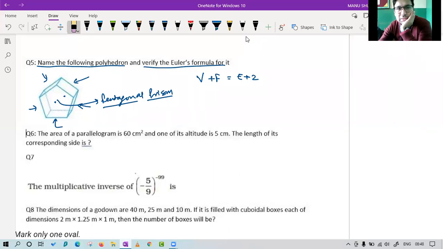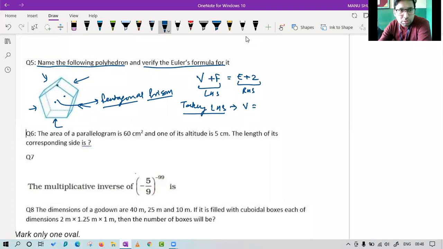Now, class, tell me what is the number of vertices? We have to verify this thing. So, this is your left hand side and this is your right hand side. Taking LHS, please tell how many vertices are there? 12 vertices are there, okay? 1, 2, 3, 4, 5, then 5 on the back. I think 10 are there, Joel. Yes, Harshul and Hiten. Joel, now you are getting this? The vertices are 10 only.